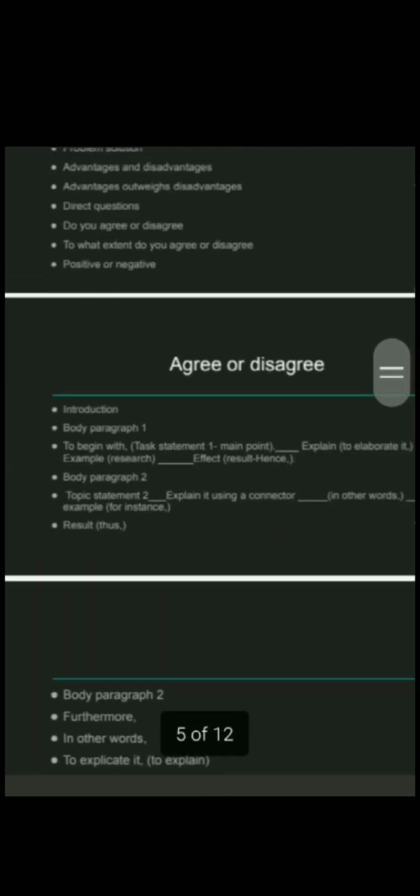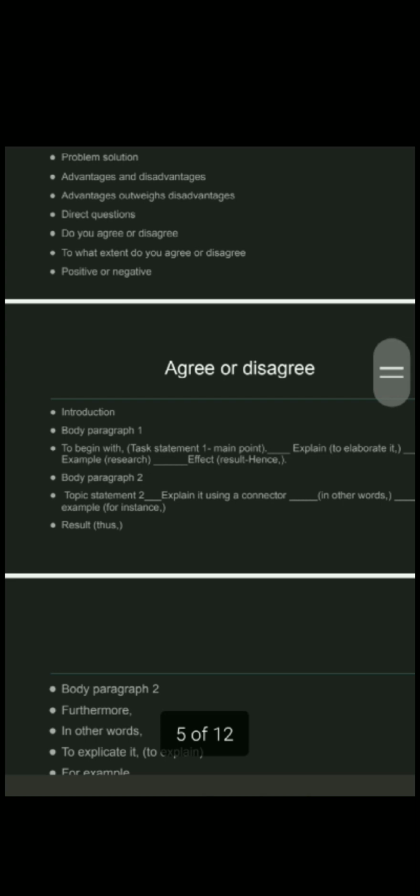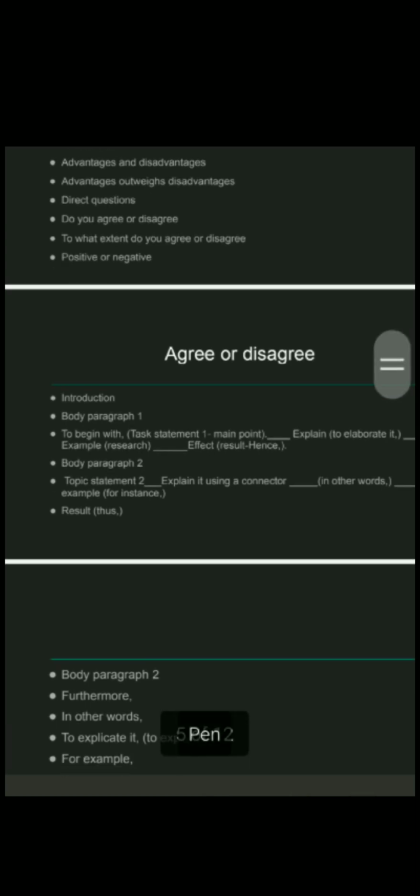First of all, you have to mention the introduction, which is very important. In this introduction you have to write the synonymous statement of the task 2 question which is given. Then you have to mention body paragraph 1. In body paragraph 1, you have to start with "to begin with", then